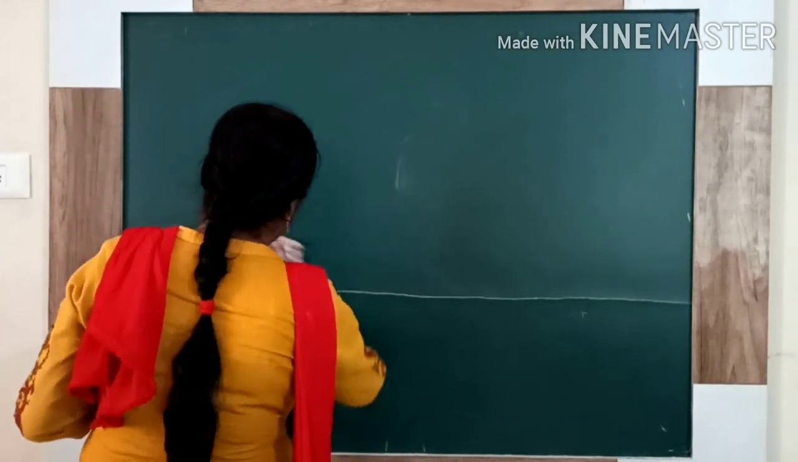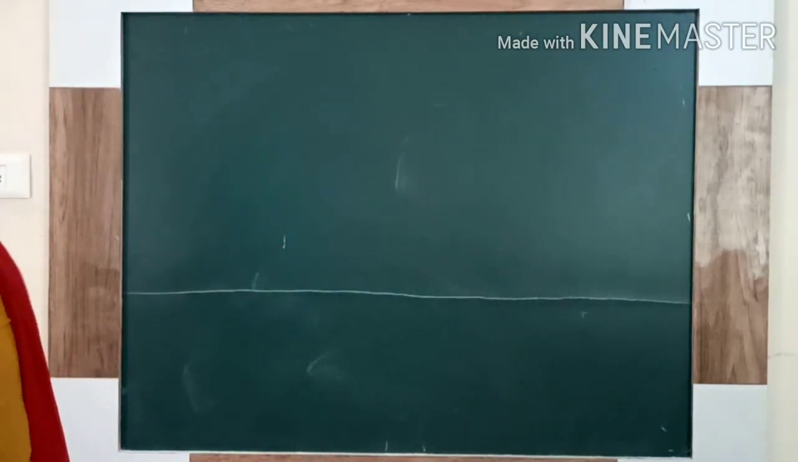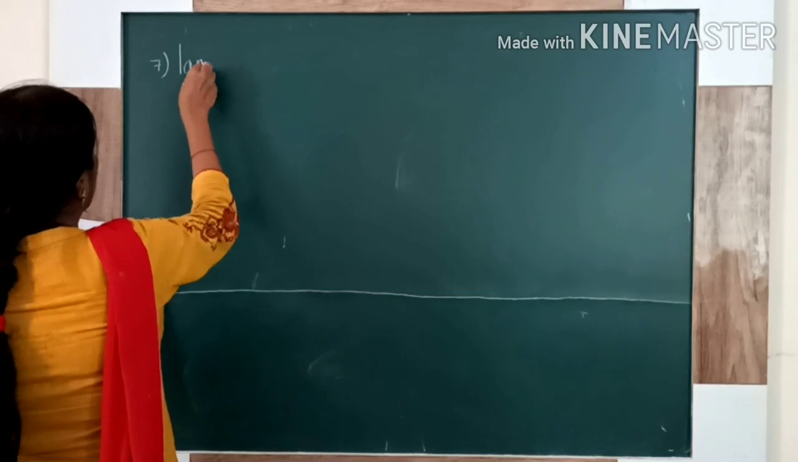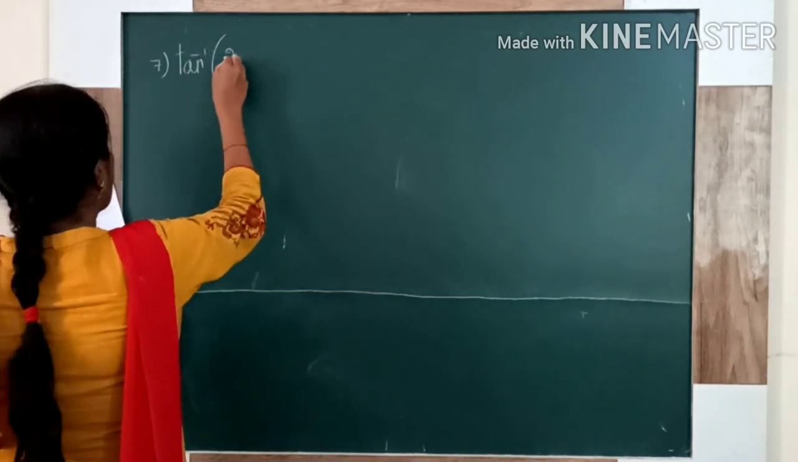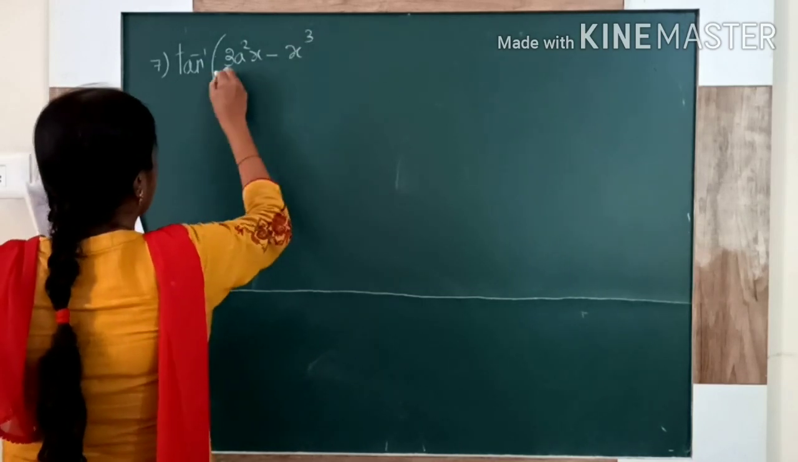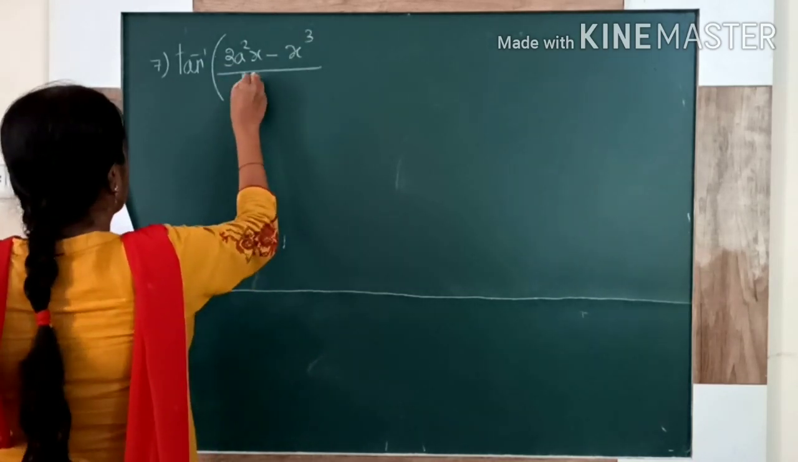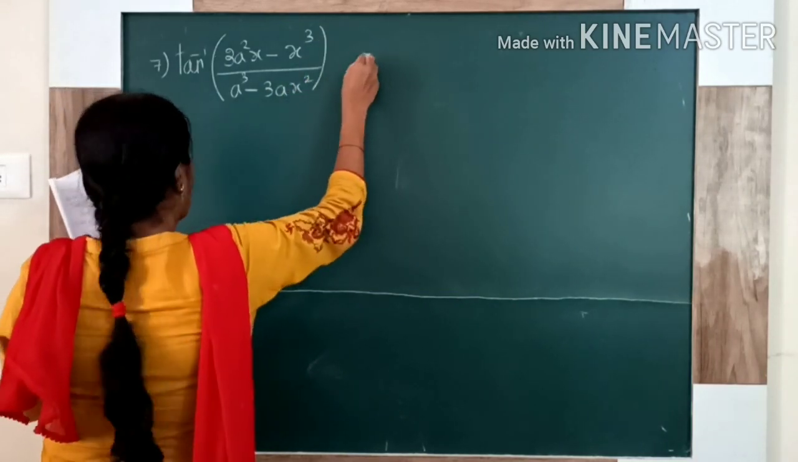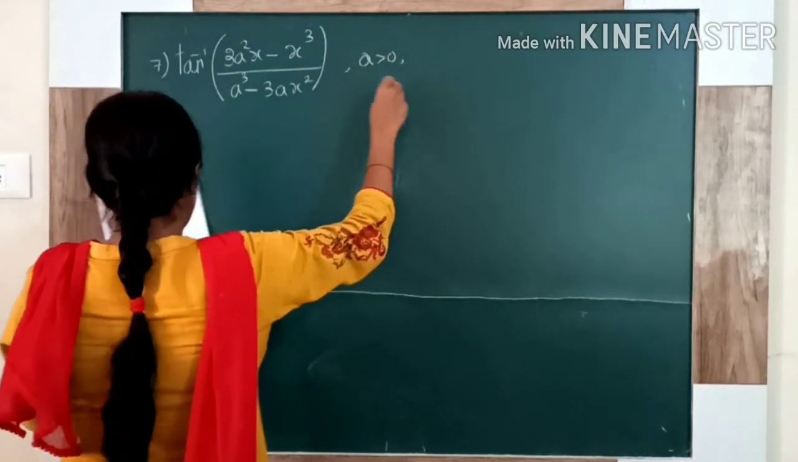Only this part requires the basic trigonometric formulas. Then the 7th one: tan inverse of (3a square x minus x cube) upon (a cube minus 3ax square), where a is greater than 0 and x is lying between...